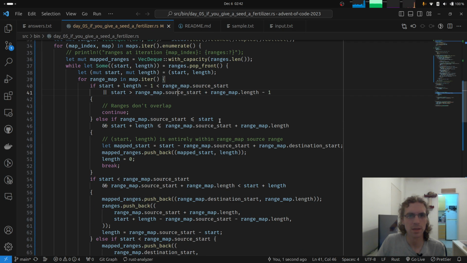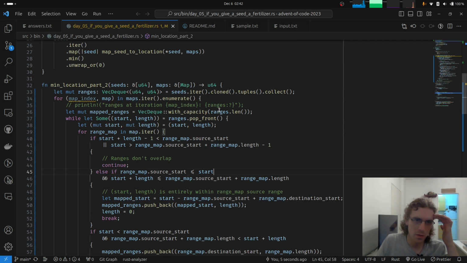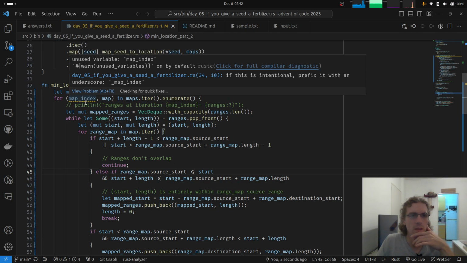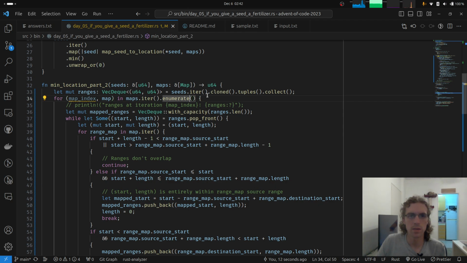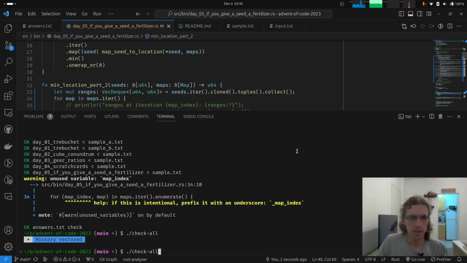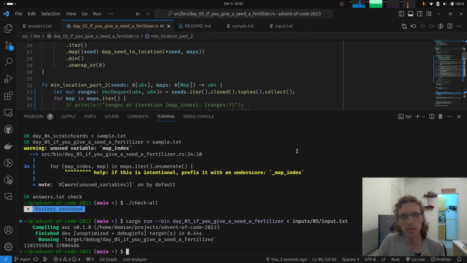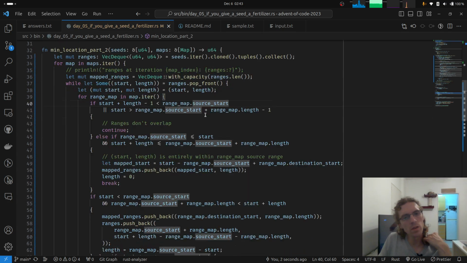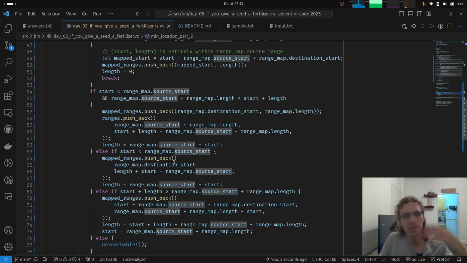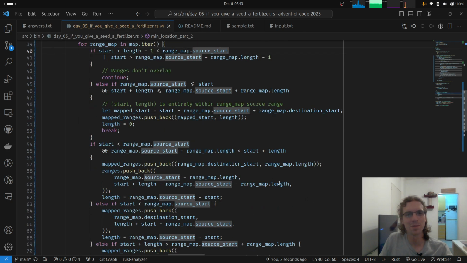It's really weird that Rust Analyzer will choke with the amount of code that we are doing in Advent of Code, but it seems it did. Now I have this unused variable warning, so that's fine. We can iterate without enumerating here, which is what makes sense. And yeah, now if we run the actual thing with the input, it just spits the output immediately, no problem. And it's just this beautiful, beautiful code that we have